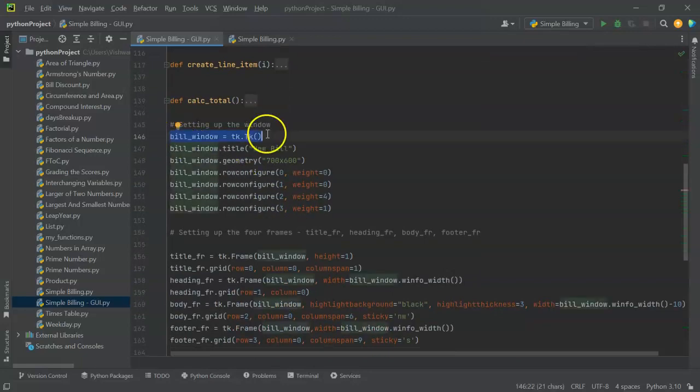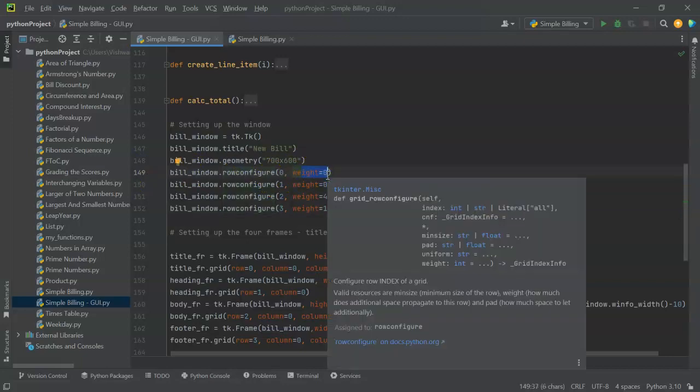Now, here to begin with, we are setting up the bill. We are creating a bill window. We are giving it a title. We are giving it a size. We are configuring the rows of this bill window. We are saying the first row of the bill window should have a weight of 0. That means it is not going to expand